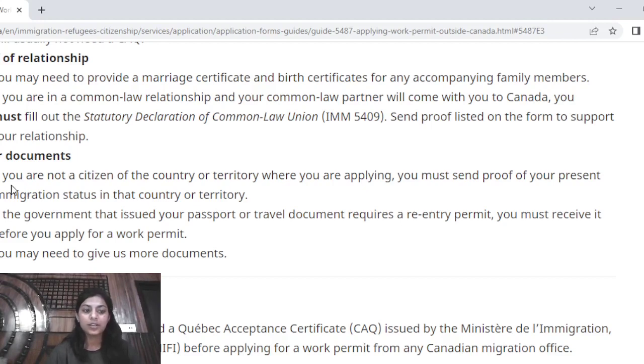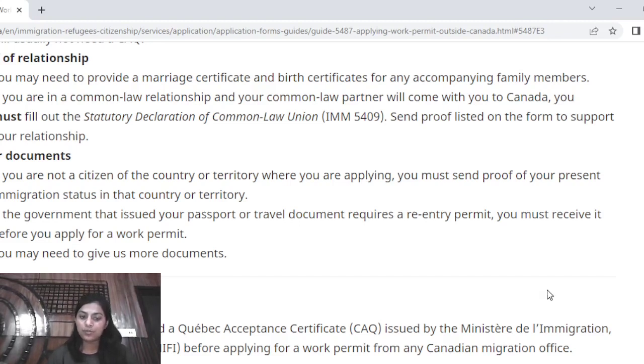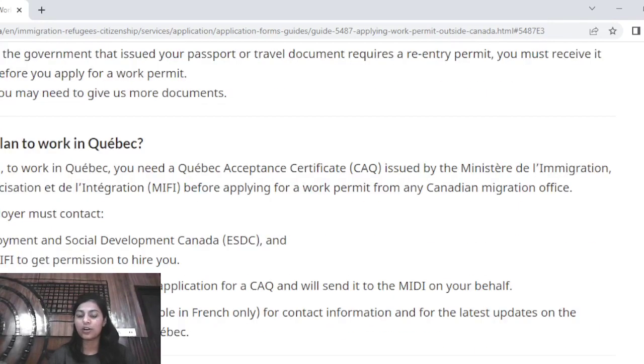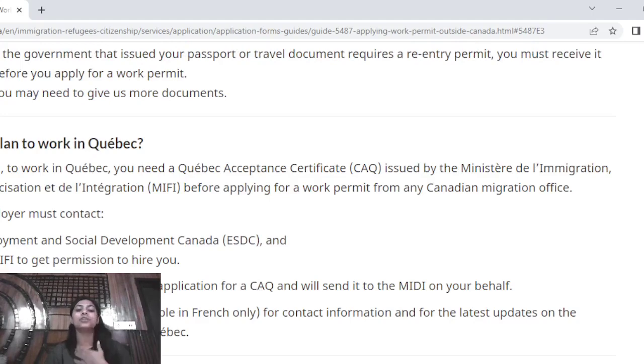In that, if you are not a citizen of the country where you are applying, you must send a proof of your present immigration status in that country or territory. Right? If the government that issued your passport or travel documents requires a re-entry permit, you must receive it before you apply for a work permit. You may need to give us more documents. Yeah, if your immigration officer or your visa officer requests some more documents, you may have to